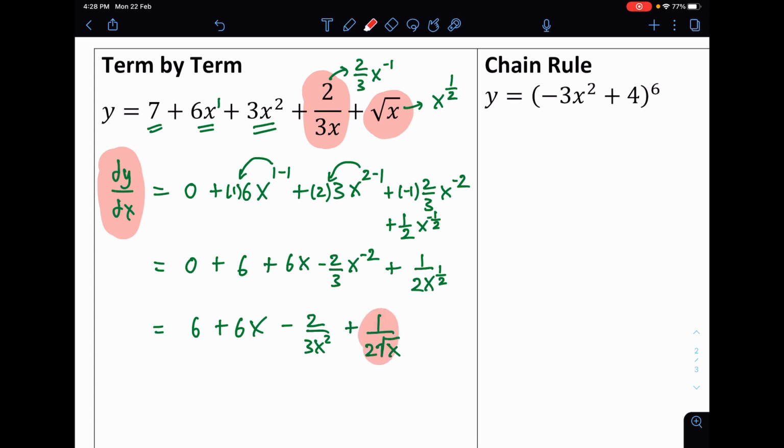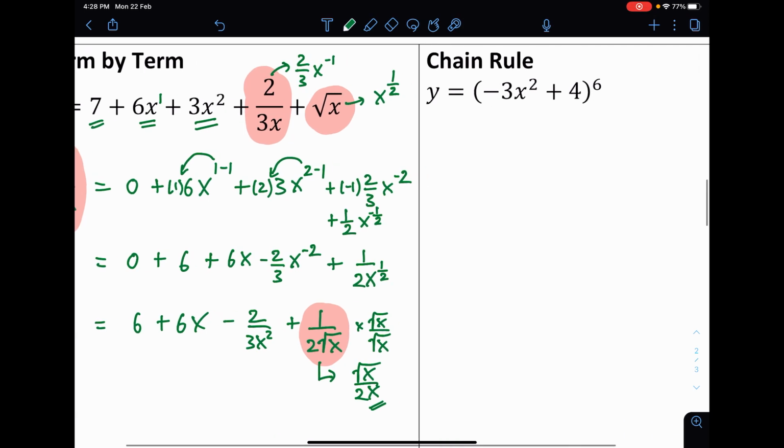Of course, we have surds on the denominator here. Usually we need to rationalize it. So I think it's better that we rationalize this, multiply this by root x over root x, giving us square root x over 2x. Okay, that should be good. So this is term by term. You are differentiating them individually. This only happens when you have a plus or minus. There is no multiplication or any other weird calculations.